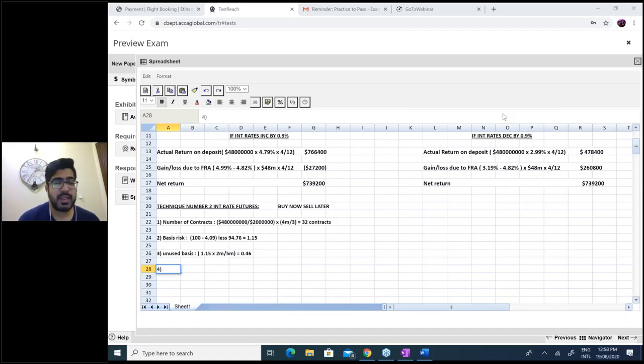Over total months. Today's date is 1st November, right? And you opted for the future of 30th March. So 1st December, 1st January, 1st February, 1st March, and 30th March makes 5 months. You can count it. Today is 1st November. You took it for 30th March. So till 1st December, 1 month, 1st January, 2 months, 1st February, 3 months, 1st March, 4 months, 30th March, 5 months.